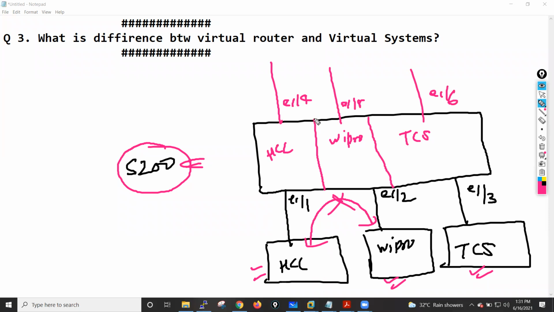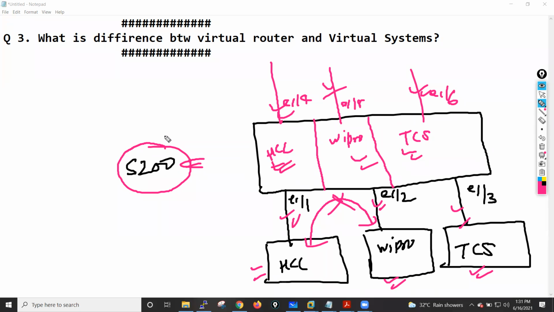This interface and this interface are part of HCL, these two are part of Wipro, and these two are part of TCS, and all three are now individual firewalls for these companies.